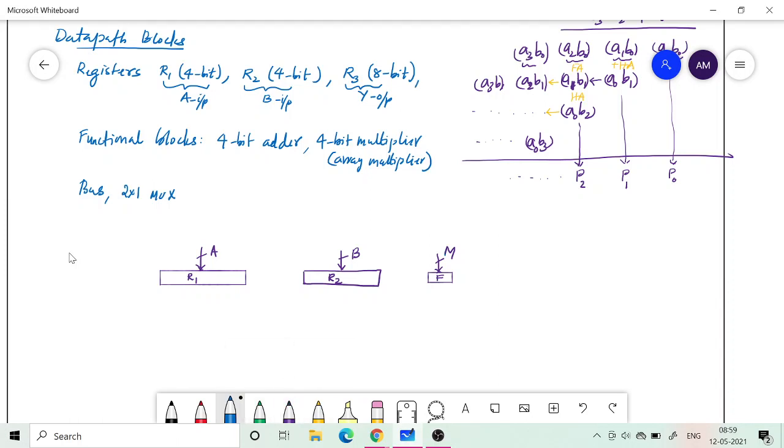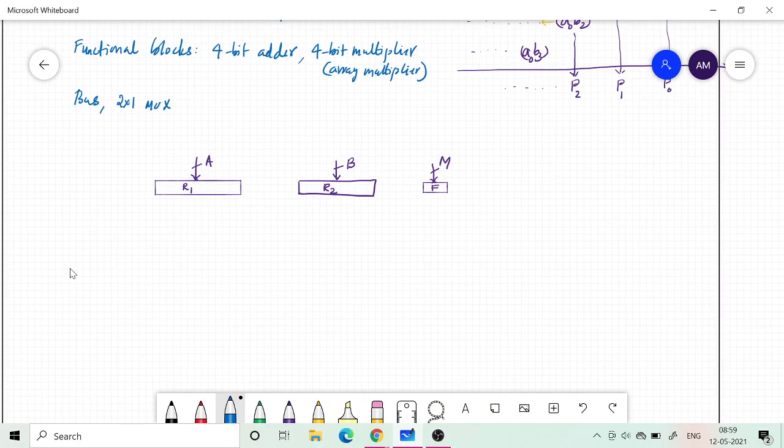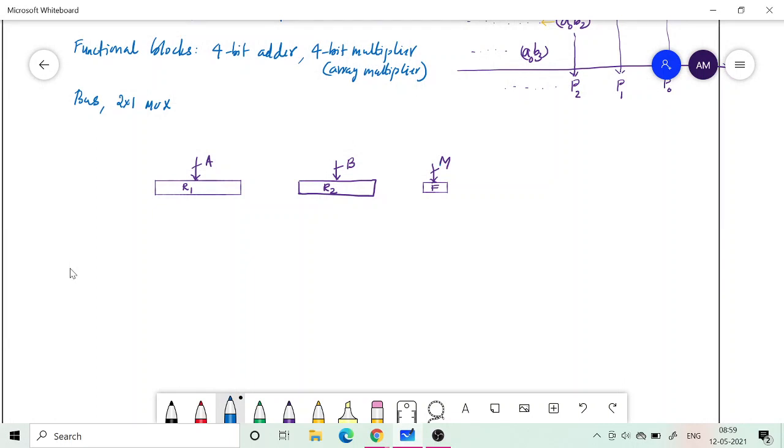The F register, like a flag, will decide what the operation is going to be, which is 1 bit. So this is for the M input. Those inputs are taken into consideration, and then we need a multiplier and an adder, a 4-bit multiplier and a 4-bit adder. So let me draw.